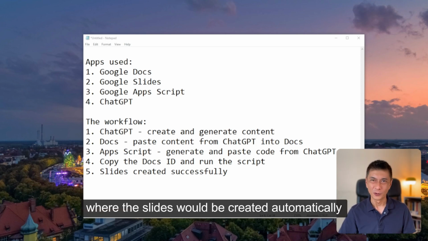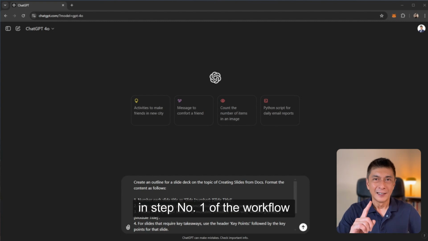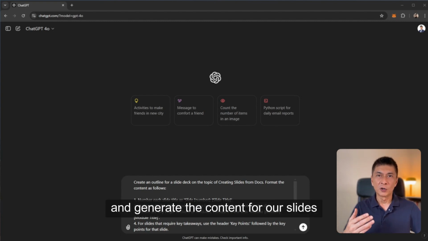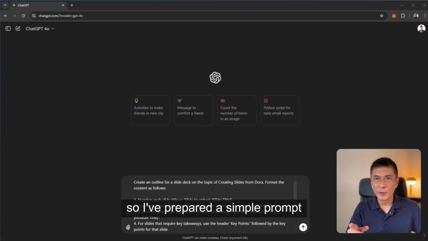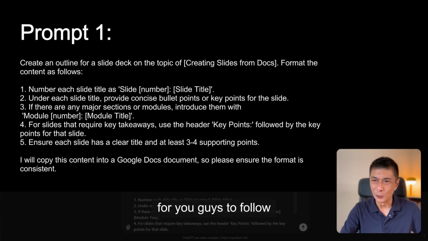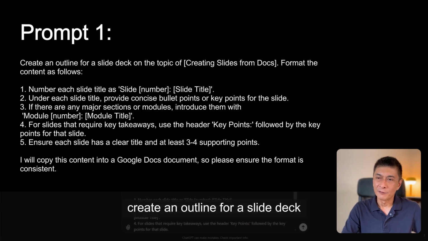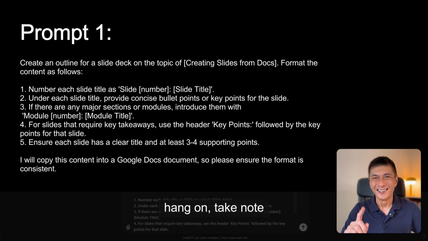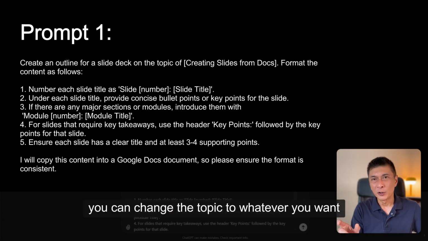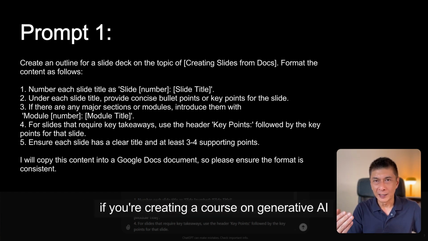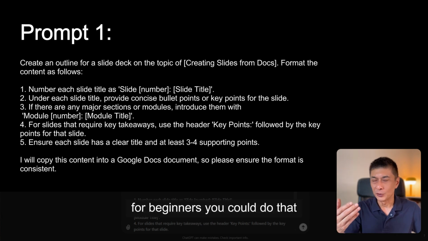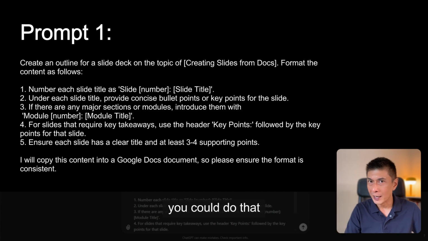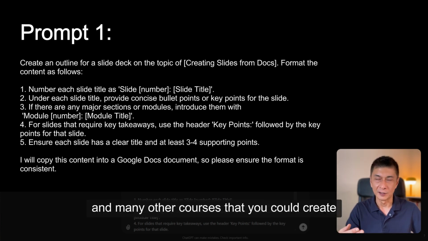be created automatically. In step number 1 of the workflow, we'll use ChatGPT to help us to create and generate the content for our slides. So I've prepared a simple prompt for you guys to follow. So it reads, create an outline for a slide deck on the topic of creating slides from docs. Hang on, take note. You can change the topic to whatever you want. If you're creating a course on generative AI for beginners, you could do that. If you're coming up with a proposal for training, you could do that, and many other courses that you could